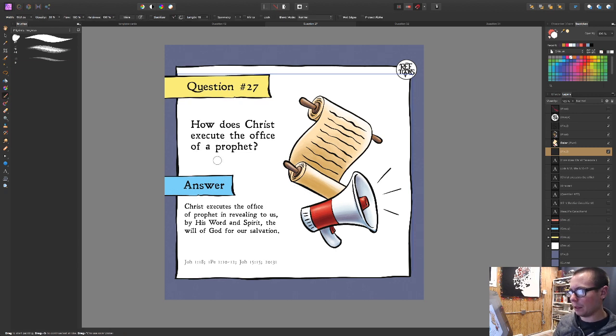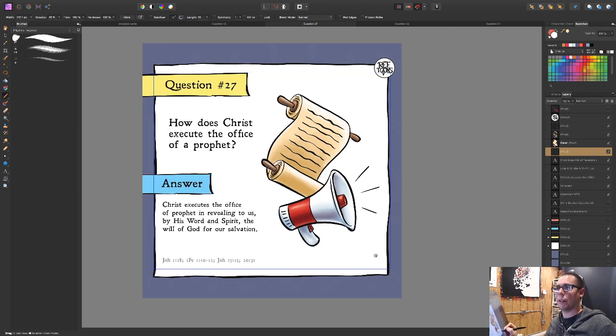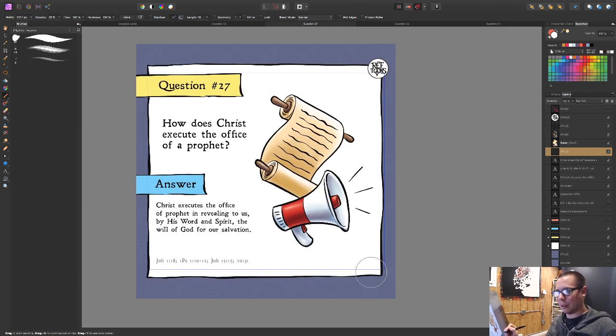Oops. If I push the B button too many times, it switches between all the different types of brush that I can use here, which is kind of annoying sometimes. So maybe one feature about this program I don't like. There are times where I'll forget that I'm on the paintbrush. I'll think I'm on a different tool, I'll push the B button and then I'll start drawing and it's a completely different brush.